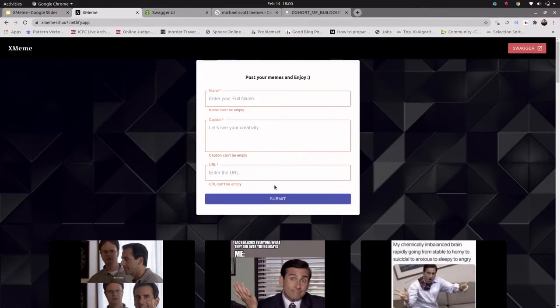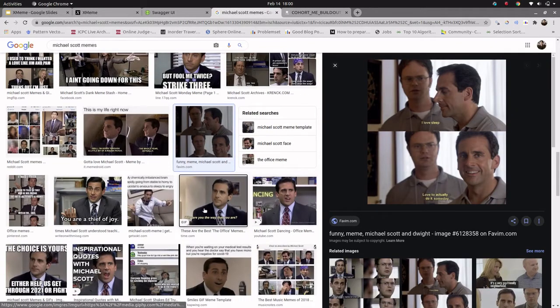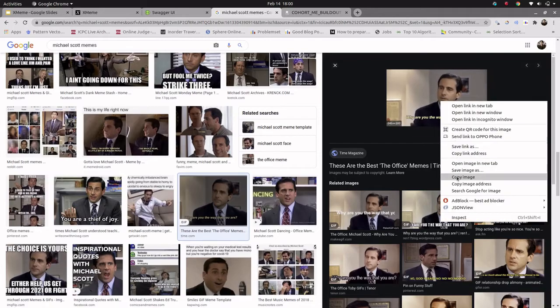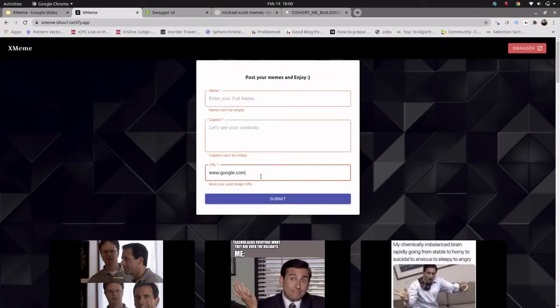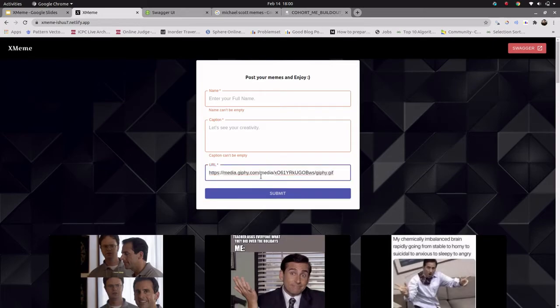Let's say you enter www.google.com. It's a valid URL, but it's not an image URL. So there will be an error saying you must use a valid image URL. If you copy any image URL, let's say this one, and put it here, then the error is gone. So it will accept only an image URL, nothing else.